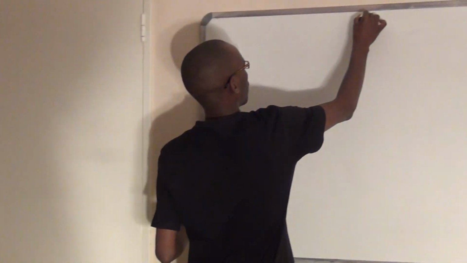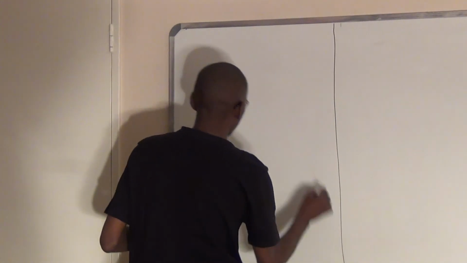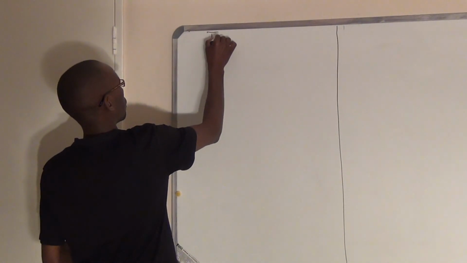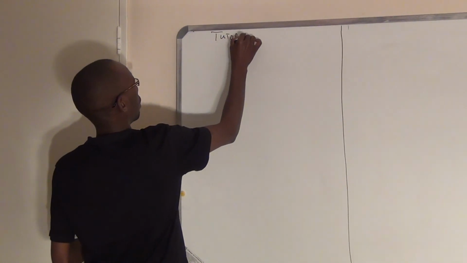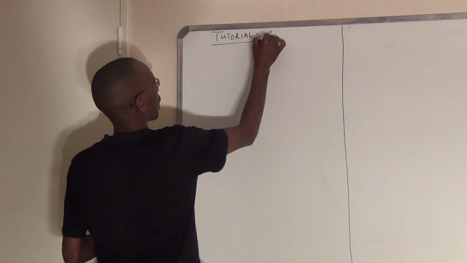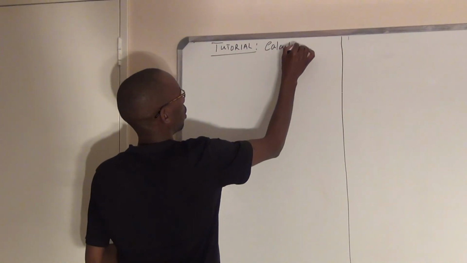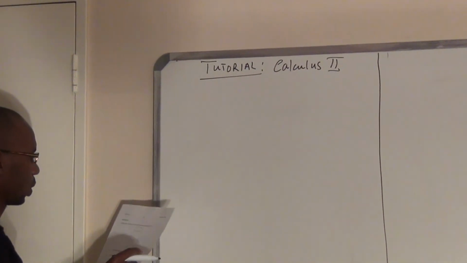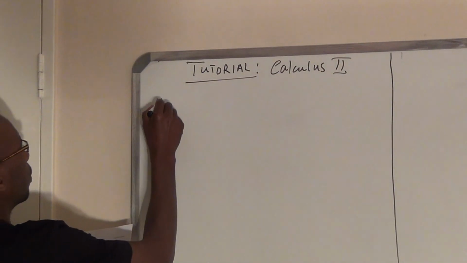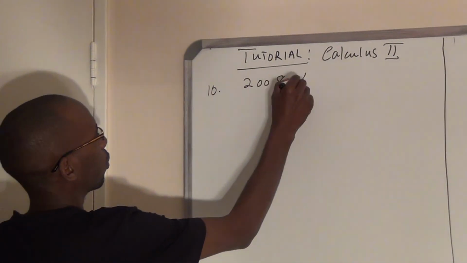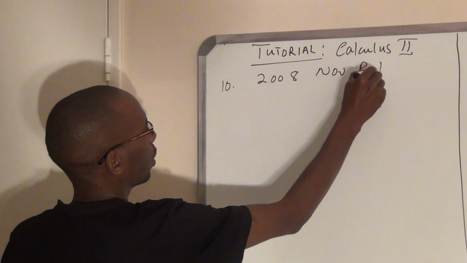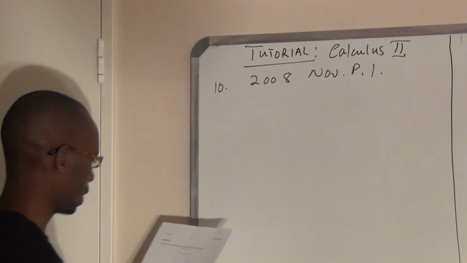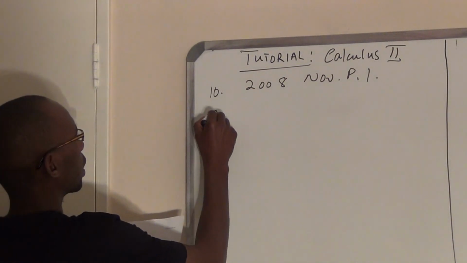Okay, I've got a paper here, 2008. So it's a tutorial. Again, calculus 2. Okay, I've got a 2008 paper. Question number 10, 2008, November, paper 1. Question 10 it says, a drinking glass